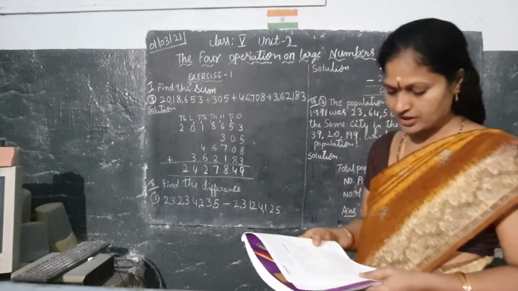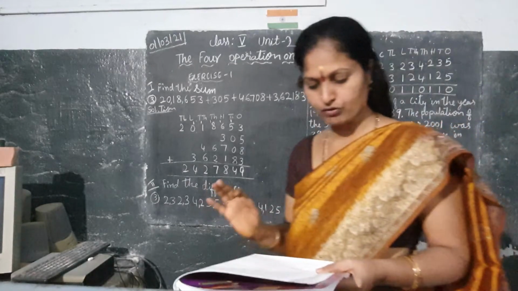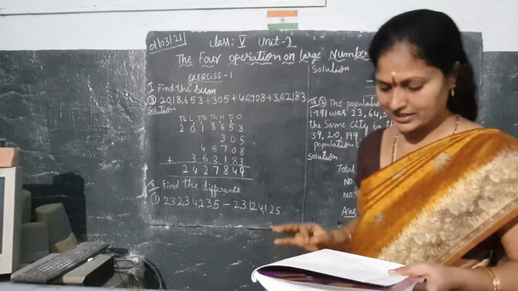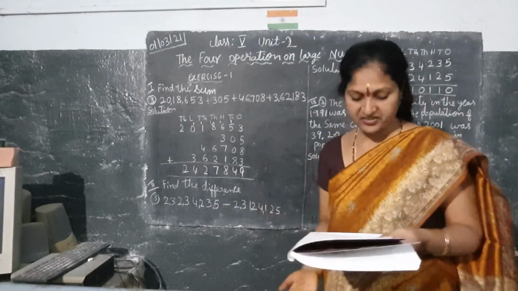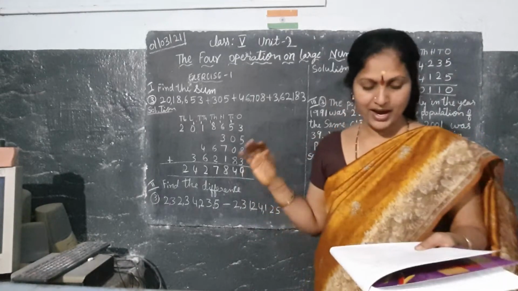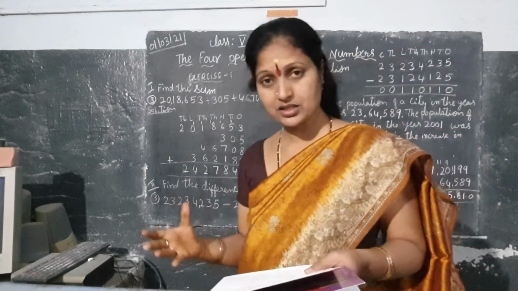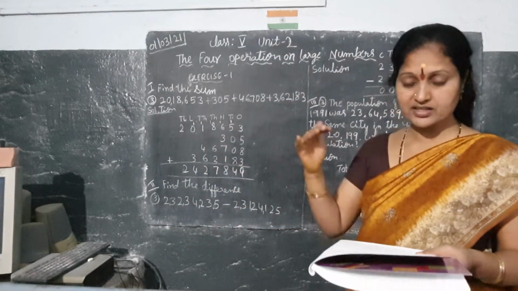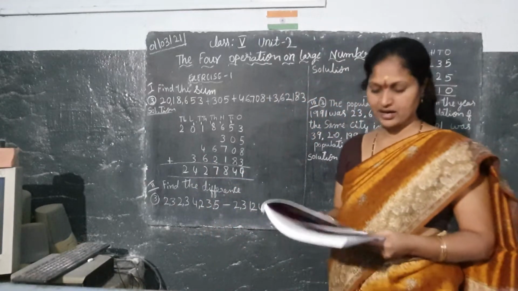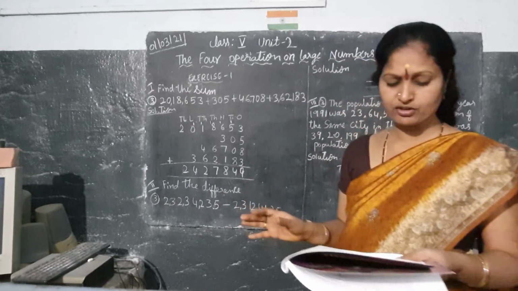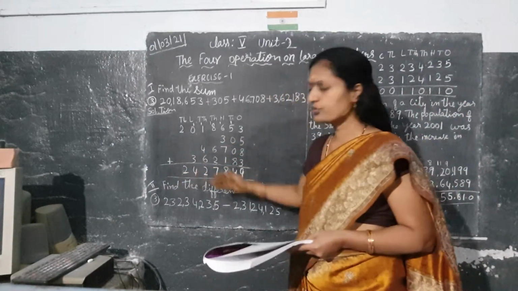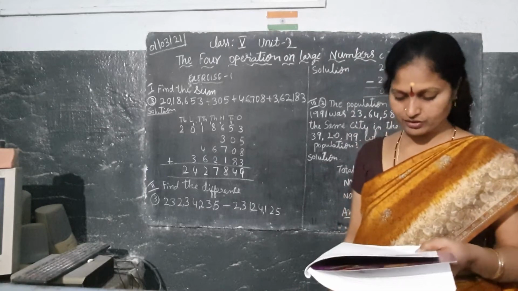Okay, now the next sum also is like that only. A person spent the following amount for constructing a house for his family. One house he wants to construct, then whatever material he wants, all is there. Cost of plot is the number they gave, that you have to write, and cost of construction, how much they take, that also is a rupee number that you have to write, and drainage, electrification, all we have to write in rupees, and other expenditure. All you have to write, what their total expenditure. Lastly we have to write total expenditure, and you have to add, you will get the answer, children. Okay, that also is very easy for you.